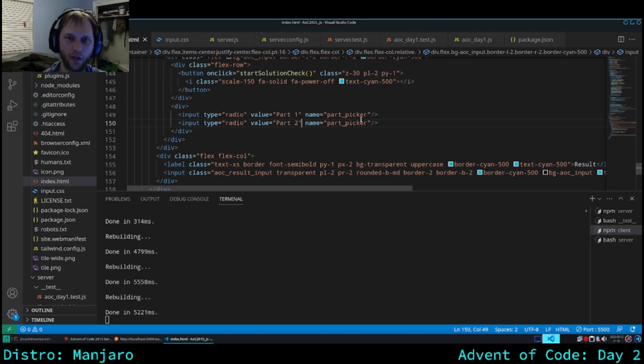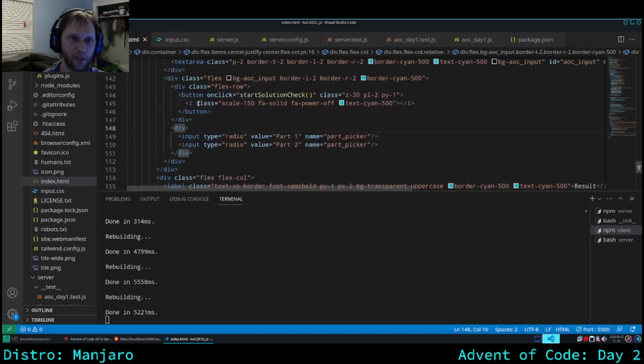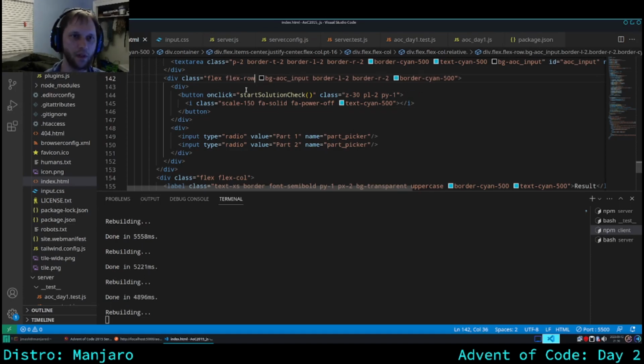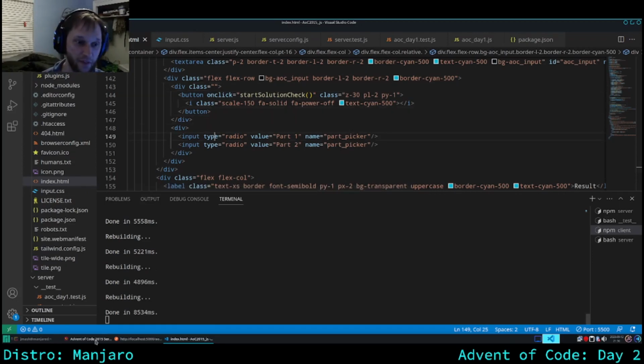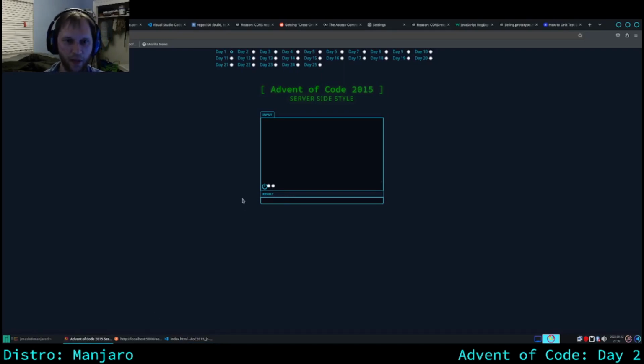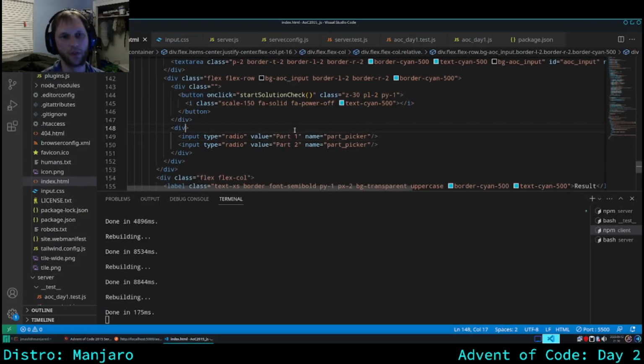Okay, so we've got that, and now this should also be... This probably doesn't need to be flex row. Actually, I want this to be in a row, and this to have a particular kind of alignment. I don't necessarily remember how to do that off the top of my head. So that's correct, but I want those two radio buttons to be on the right hand side, away from the power symbol. So to do that,